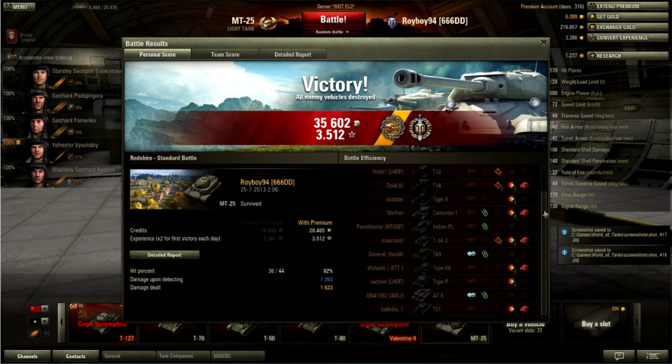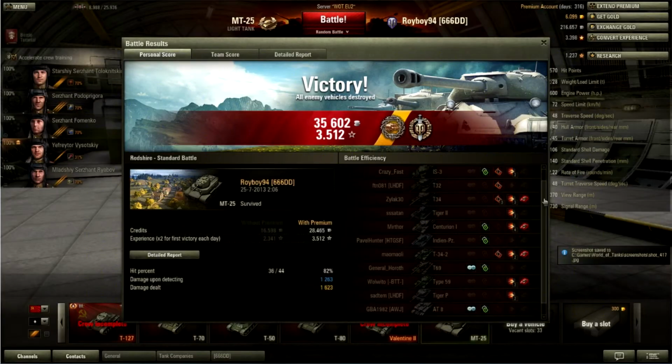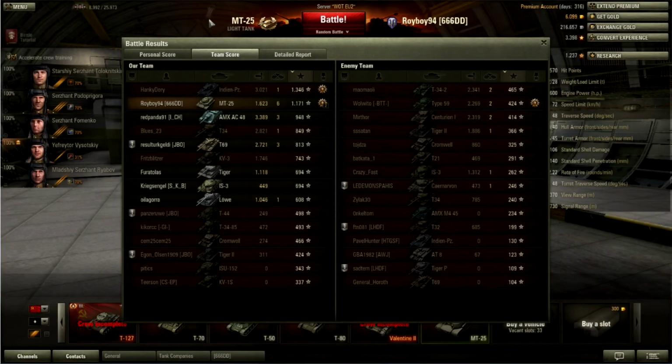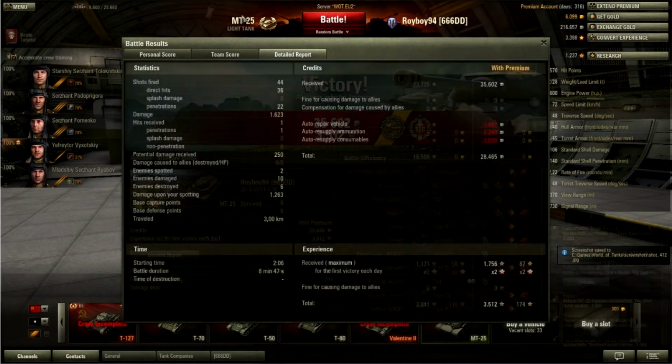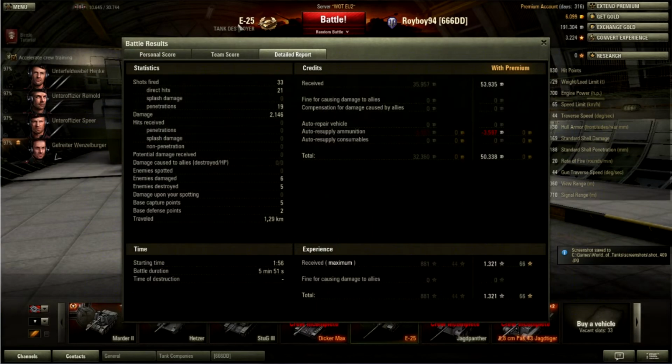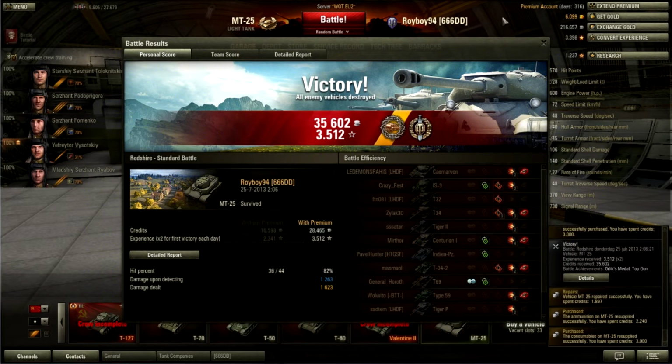So yeah, those are basically the personal score of the shots I gave, and all the things you can see on the right. Here I have different screenshots of where I scrolled up and down. So let's see, what more do I have? Bunch of screenshots over here. Nope, wrong screenshots. So over here you can see my hit percent is 82%, 36 shots hit out of the 44, which is quite a lot of shots. Well, you can see the credits and XP I got,